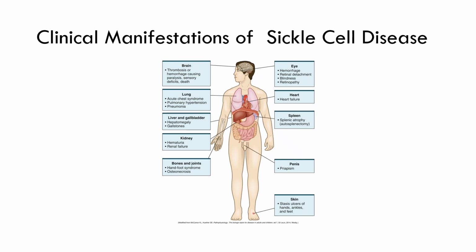In their eyes, they can have blindness, retinopathy. The heart can have heart failure. The spleen, they can have that enlarged spleen area. And then in the penis, they can also have something called priapism, and